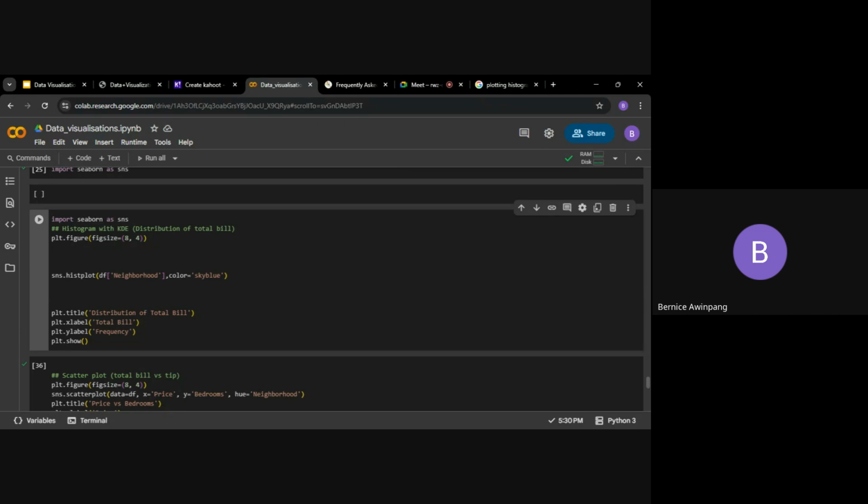Yes. So Seaborn is not autonomous. It's not on its own. In the beginning, I said that Seaborn is built from Matplotlib. So for you to be able to access everything, you still have to go back to your PLT and then use it. So it's now left onto you to decide whether you want to use Matplotlib or you want to use Seaborn. But the funny thing, like